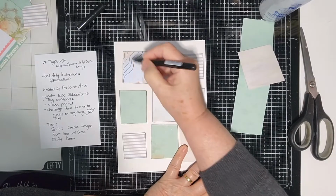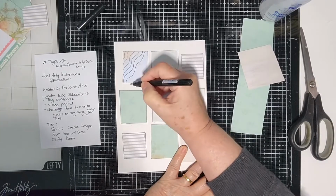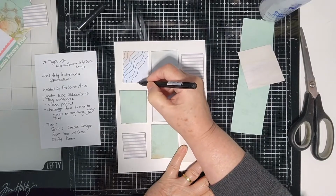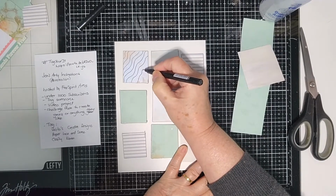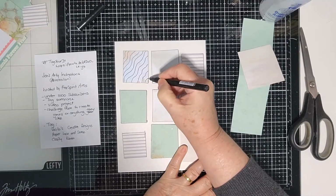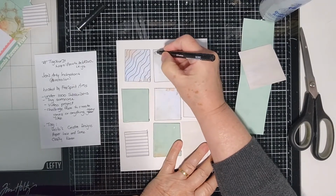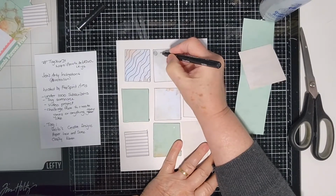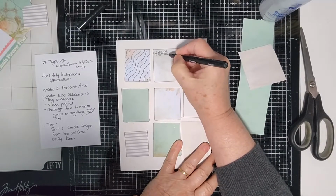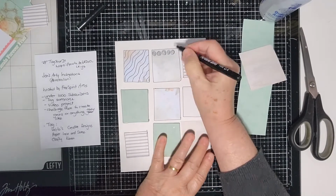Make them circles, because the doodle challenge is a 2022 doodle challenge hosted by Lee of Lee's Art Studios and Julie of Art and Junk Journals with Julie. I've got 2 challenges going, the doodle one, so that'll be hashtag 2022 Doodle Challenge APR for April, and they've got another one for Collage Challenge,